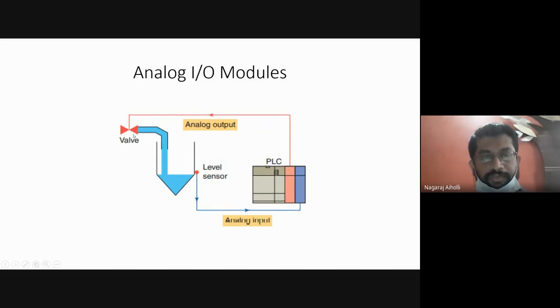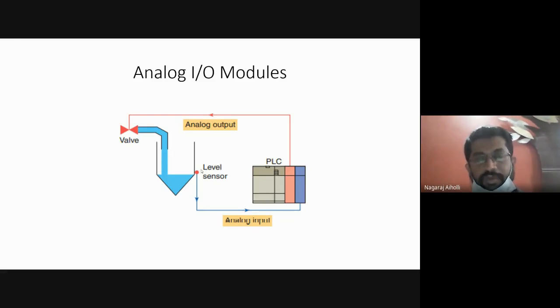Now this is a valve. It is allowing the liquid to flow into a storage. The liquid is getting filled into this storage. We have to measure the level of the liquid in this storage. If we want to measure the level of the liquid or fluid in this storage, we should have a sensor, is it not? We should have a sensor to sense that level. When we discussed this in our previous class, we used a level transmitter there, analog I/O module. We use the level transmitter, and that level transmitter senses the level.